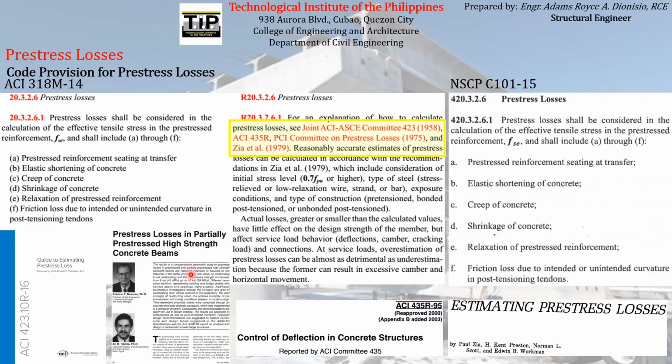If you refer to these documents, you can see that the prestress losses due to the factors mentioned here are presented individually. The empirical methods or formulas to compute the prestress losses are presented separately, meaning we have a separate way to compute the prestress losses due to prestress reinforcement seating and transfer.